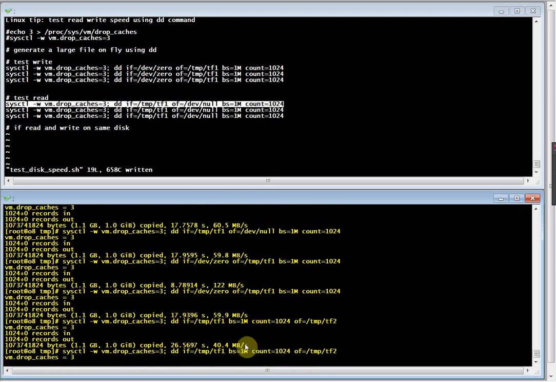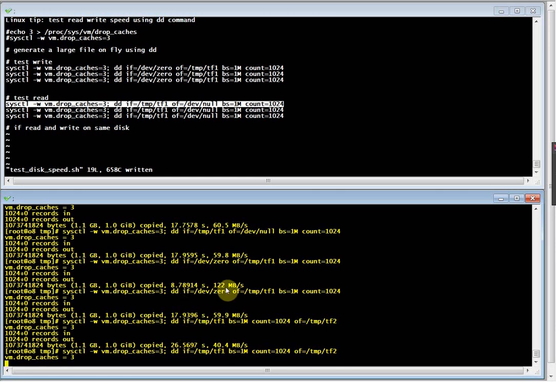Then the read write is using the same disk resources, and it's gonna be slower, okay. But still, roughly we know the disk read write speed, right? So this is in megabytes, and you can compare with your